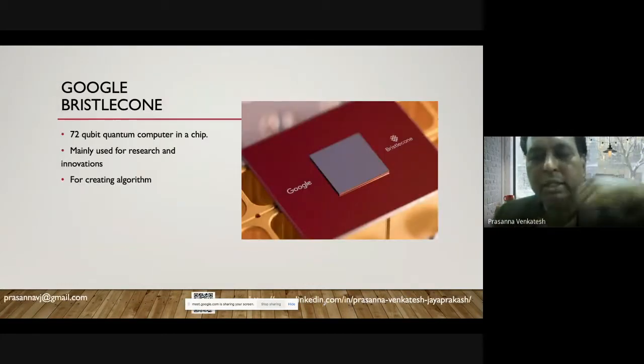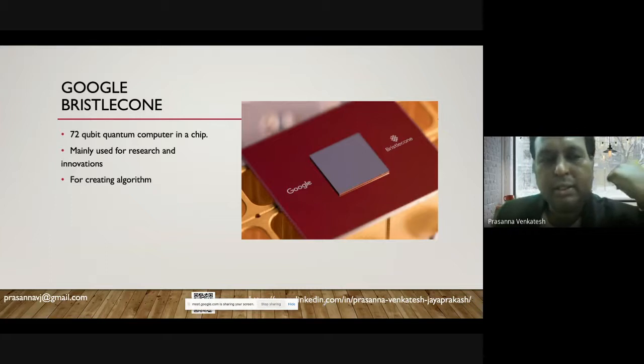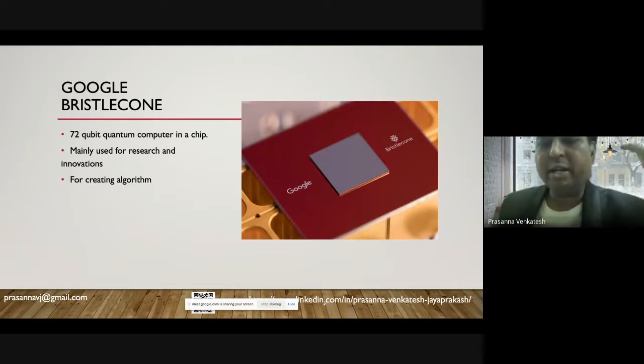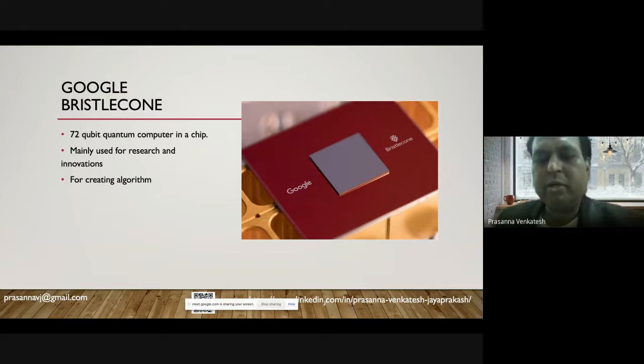So let's look at the chipset. Google initially released their Bristlecone quantum computer chip, which has just 72 qubits. Imagine you are saying we are going to create a classical computer with just 72 bits, when we are now all talking about terabytes of storage.